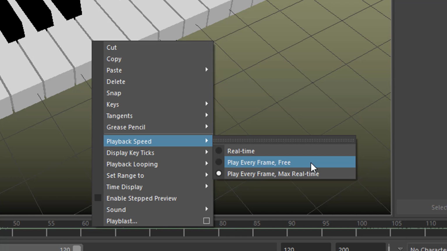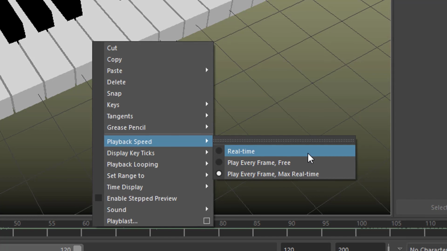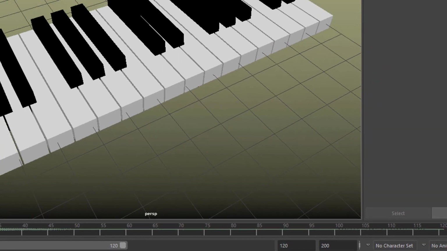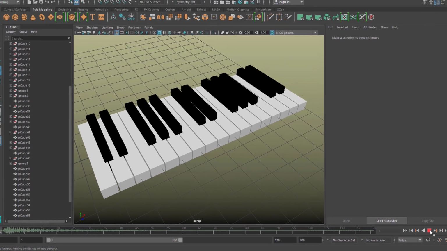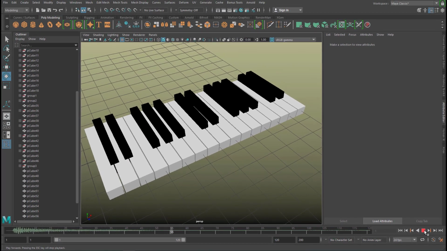In this case, since nothing has to be animated, it would play things back at a drastic speed. But what we need is real time, because sound is a real time thing. So let's choose real time now, and then we can hear the sound. Now we don't want the sound to play from the very beginning, and we want to see the sound a little bit better. So we go to Windows